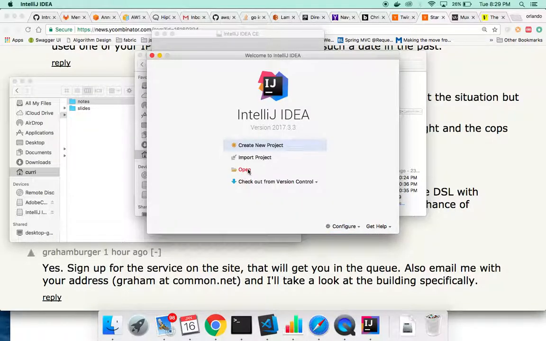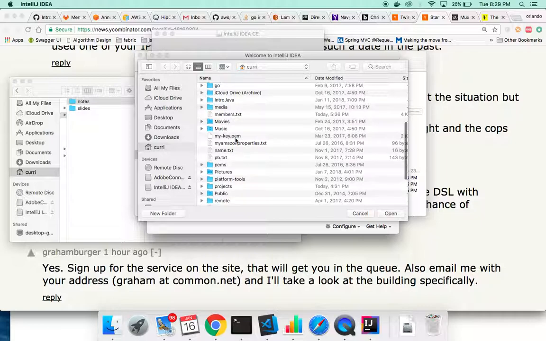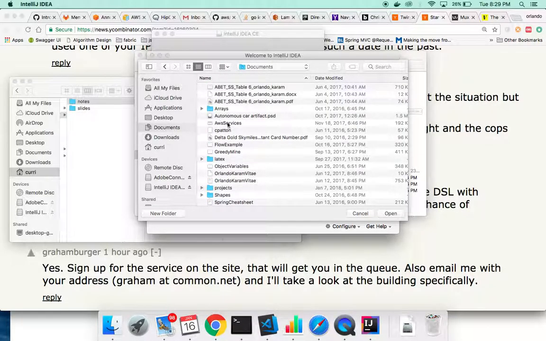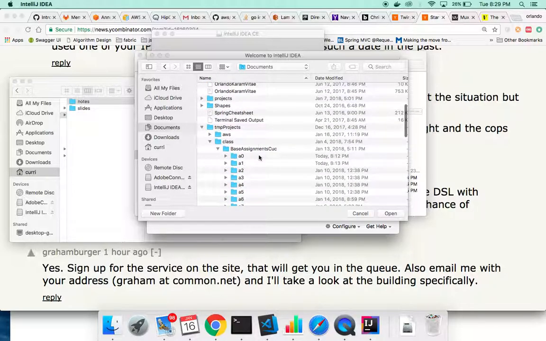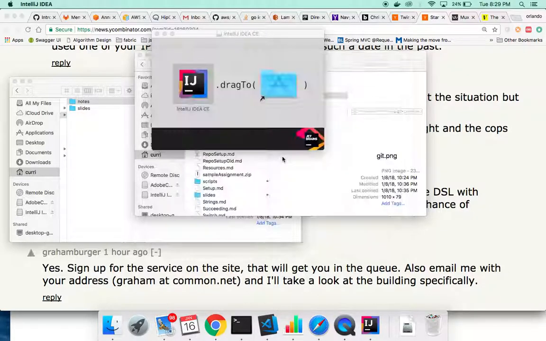Okay, so I'm gonna open a project, and I'm gonna open the project A0, on which I've already done. I have it in a different place. So I have documents, TMP projects, and A0. I have already run Gradle idea. So let me open the project, and this is with a completely new IntelliJ, and there will be two steps